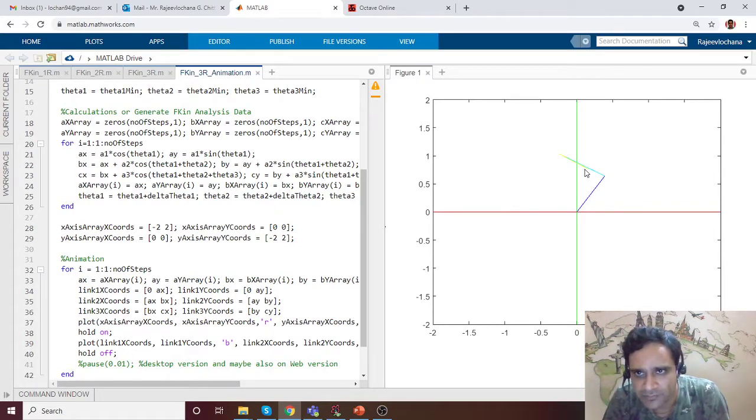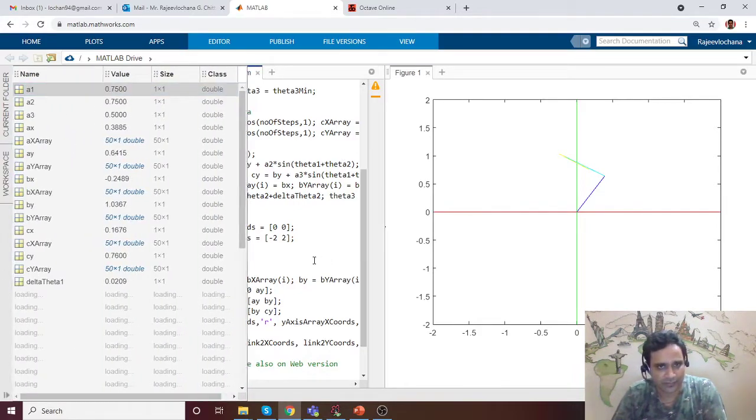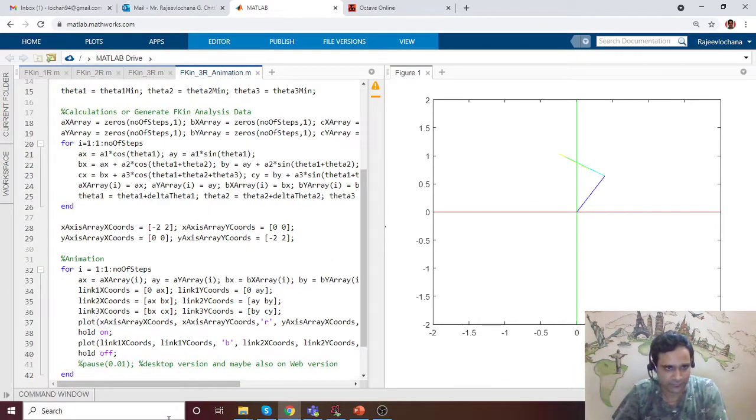Okay, I think it is still moving there. So the other part is, okay, this was changed. Let me just do it again, sorry. Let us run. Okay, so this is the animation of a 3R manipulator.